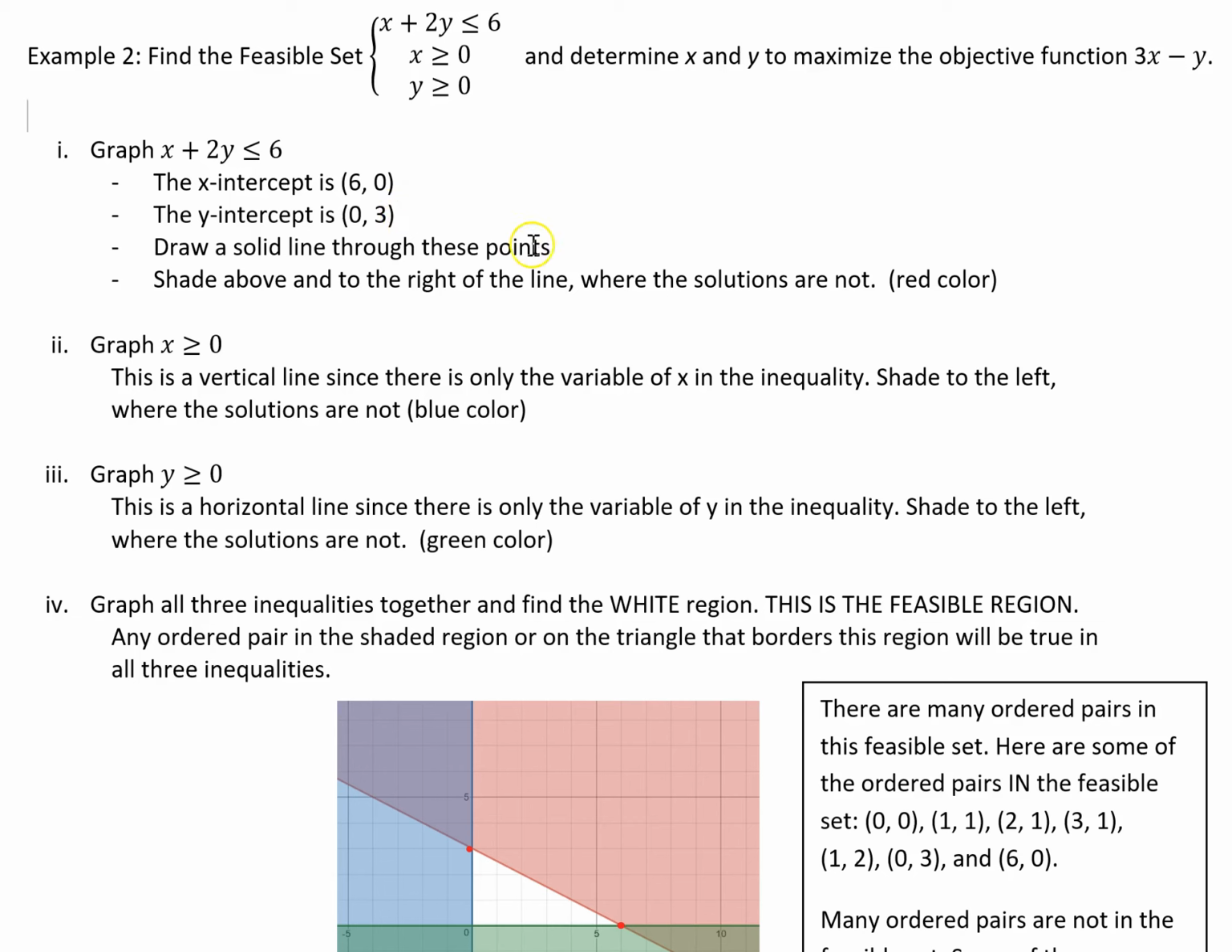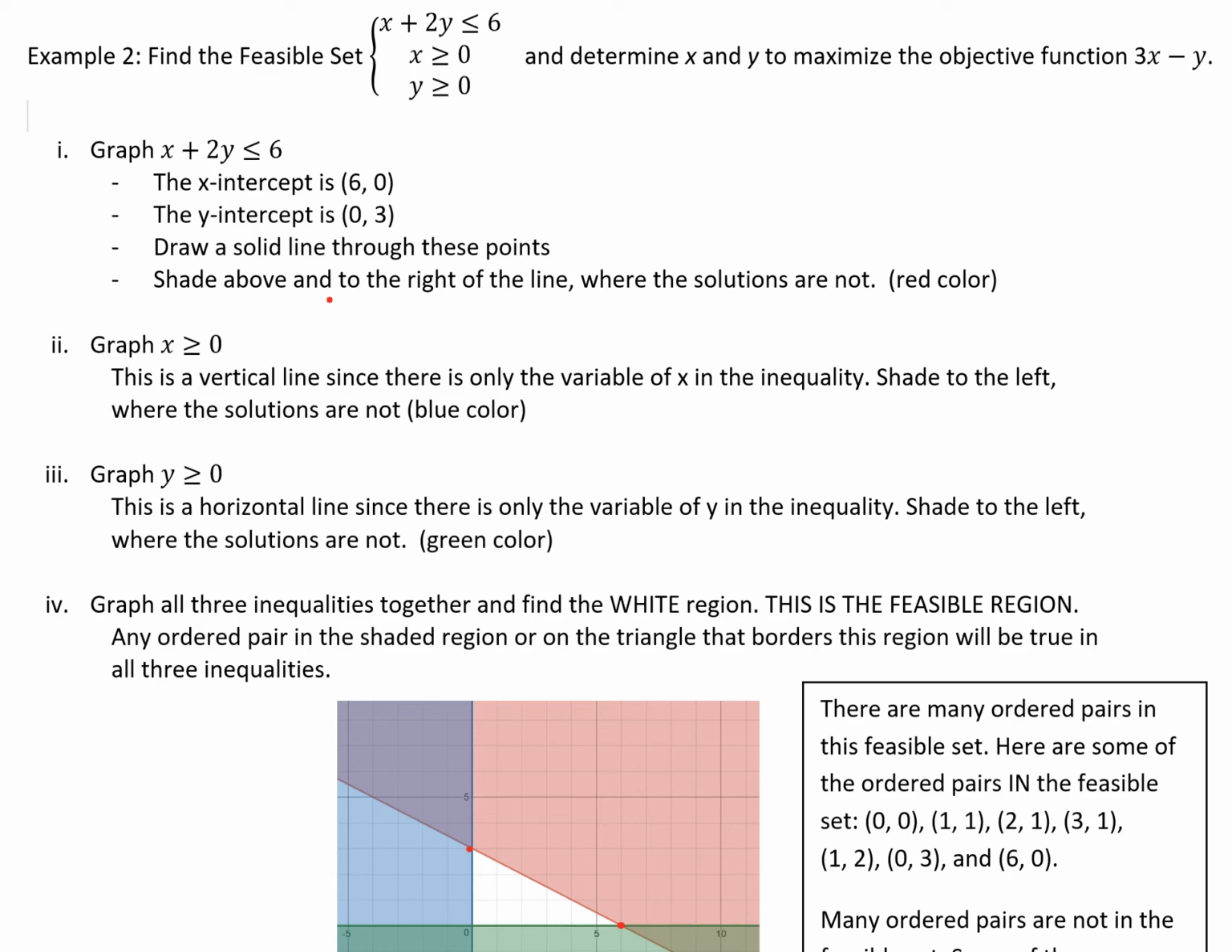I'm going to draw a solid line through these points. So we can see that down below I have a red dot at 3 on the y-axis and 6 on the x-axis. I drew a solid line through them, and I chose to shade above and to the right. Now the reason I shaded above and to the right of the line is that's where the solutions are not